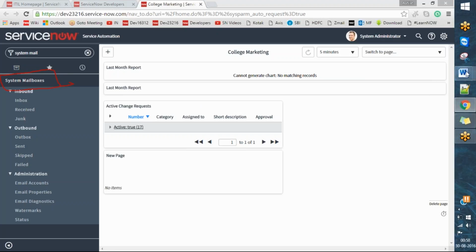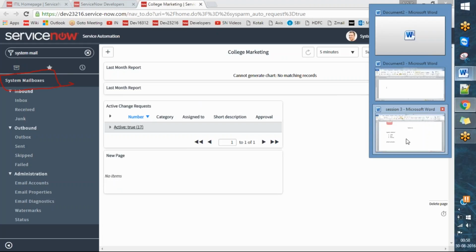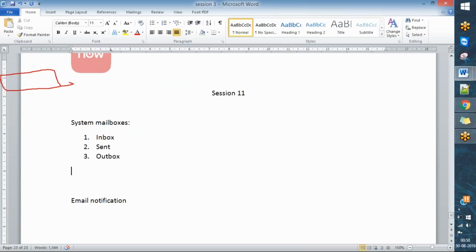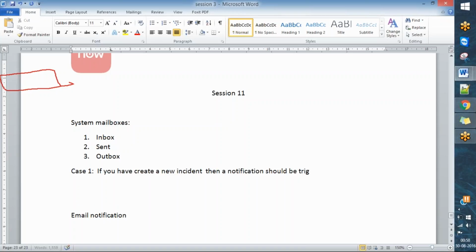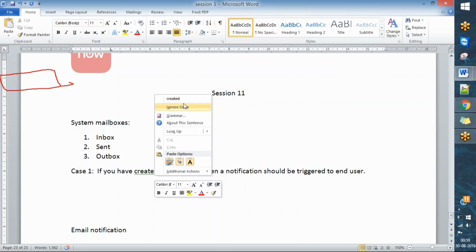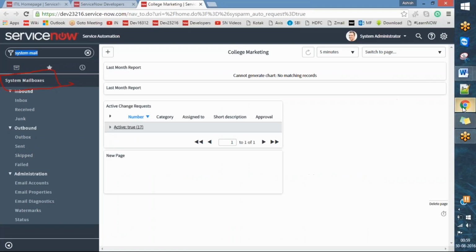Let's take a very real-time example. Let's say case one: if you have created a new incident, then a notification should be triggered to the end user. Making sense? So this is my mailbox,